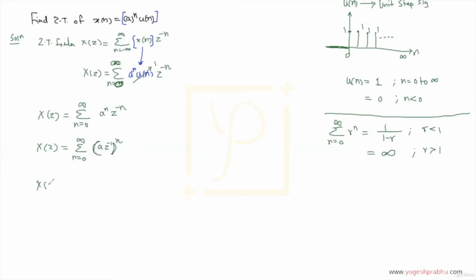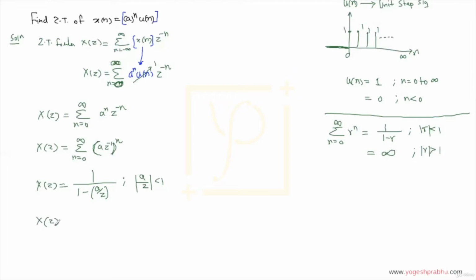So now I say that X of z is equal to, okay, I execute this sum. Do you see the sum going from 0 to infinity? It's completely matching here. And now this term here is the r. When we have r raised to n, we write it as 1 upon 1 minus r, but with the condition that r has to be less than 1. So I'm going to do that exact same thing. This will be 1 upon 1 minus the r, which is a z inverse. I'll write this as a by z. And the condition is that a by z has to be less than 1. Actually, it is the mod of a by z. You can write this as mod of r less than 1 and mod of r greater than 1. Okay, once you write it like that, let us simplify this a little bit.